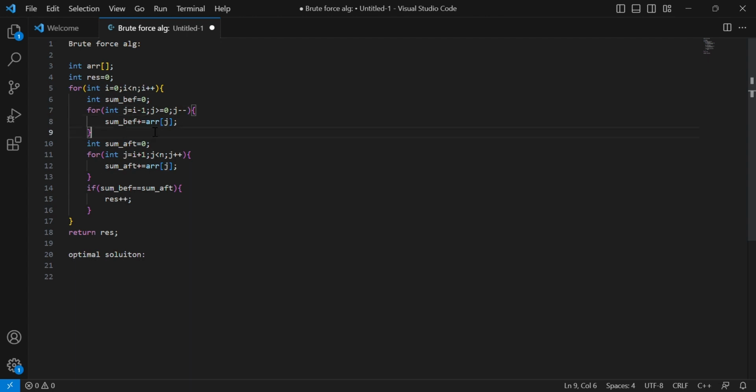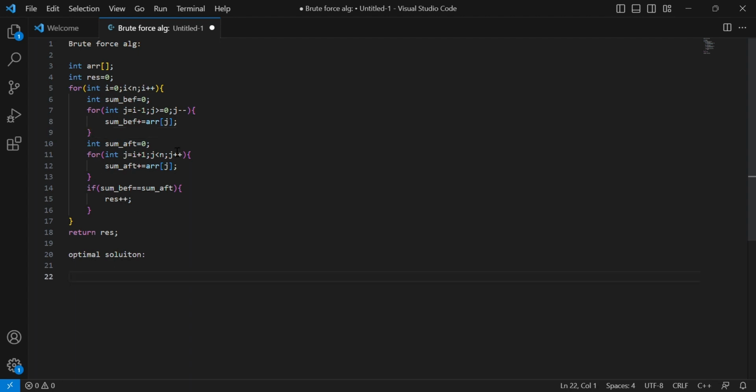So what I am trying to say is, instead of traversing from 0 to I each time, we will create a separate array and we will store the sum from 0